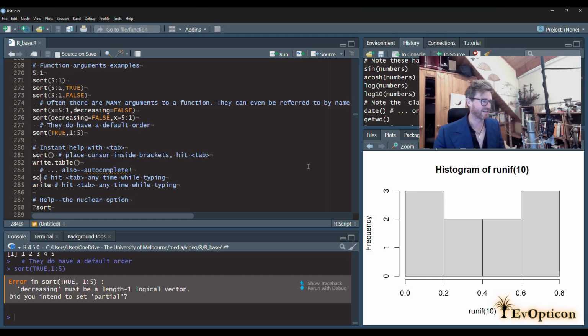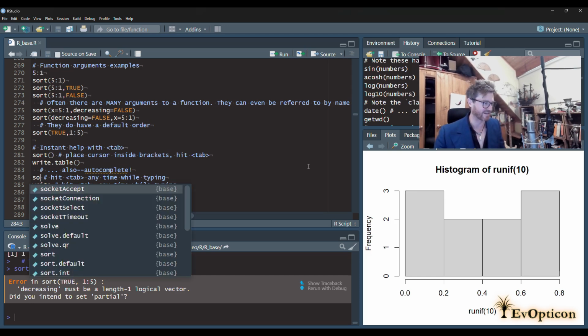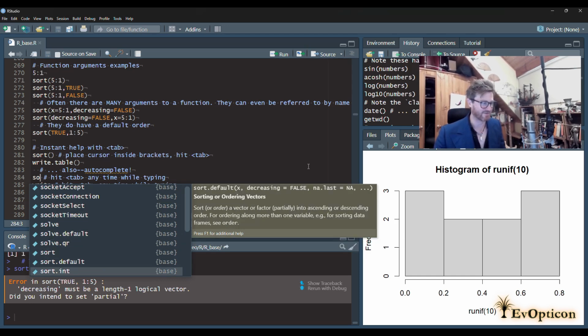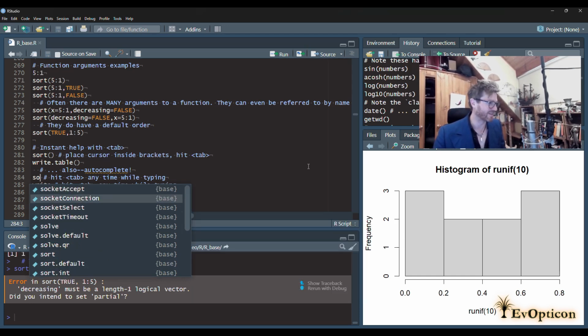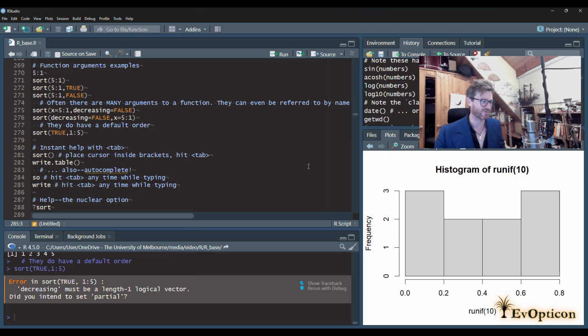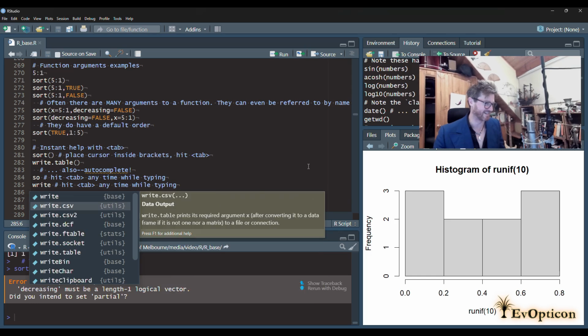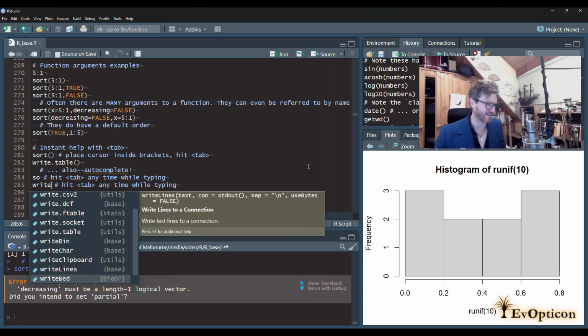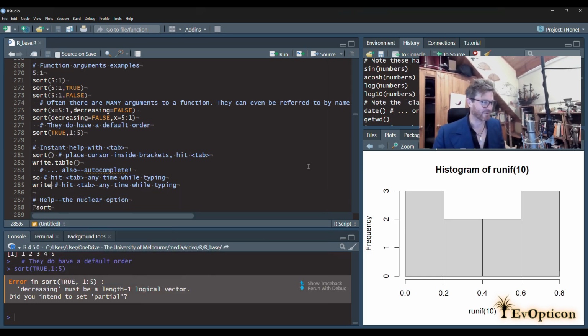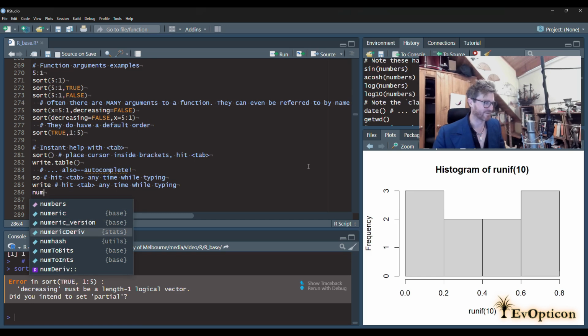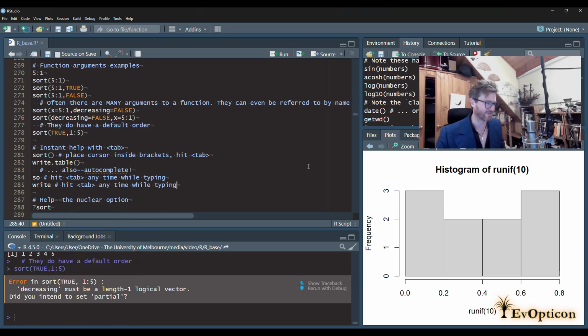And so if you hit tab when you've half written a command, so I've started writing sort, then I got lazy and I hit tab, it will actually give you the possible options to complete that command, which is wonderful for when you've forgotten the name of functions. I did write table earlier, so I hit tab, and you can see write CSV, write socket, write table, all the different possible functions. And in fact, I used a variable called numbers earlier, so if I hit tab after that, it will actually search in my environment for things I've defined